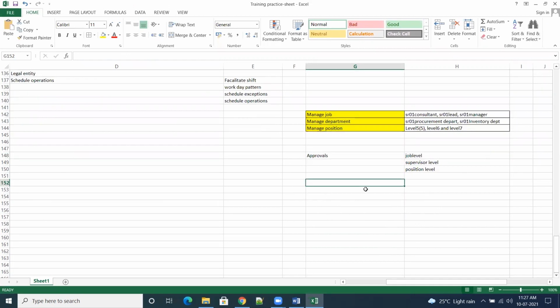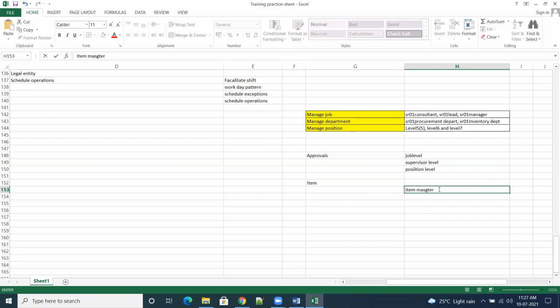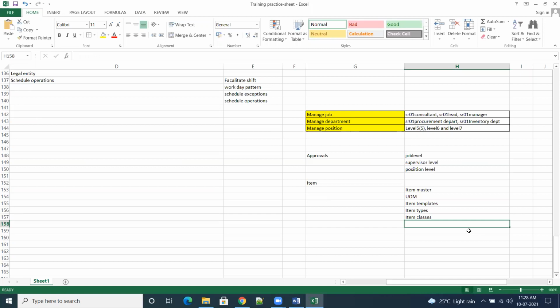So to create the item, what is required for defining the item? Item master. Yes, very good. Next, UOMs, item templates, and then item types. Good. That's it. These are mandatory. Yes. And in the cloud, we need item classes. And we have one more, life cycle phases.